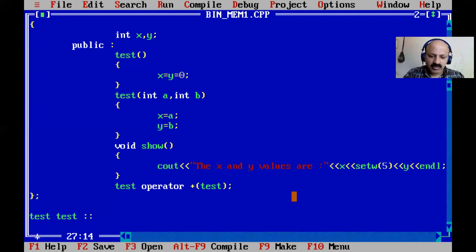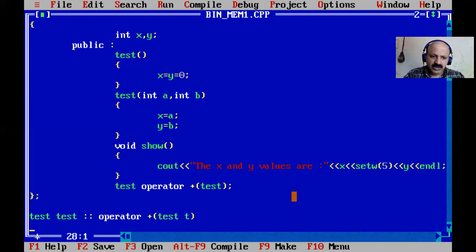So here now our member function, that is operator, and plus is the name of our operator, and then we can pass here any name as a parameter, like we can use t, simple t, so we can identify.